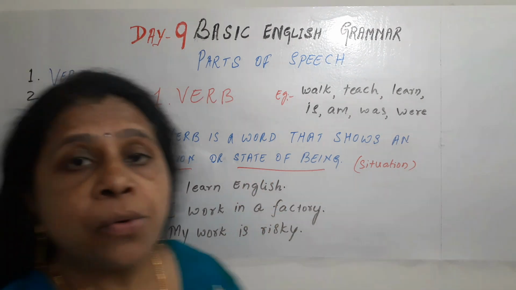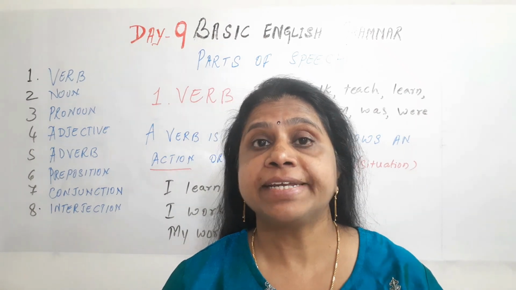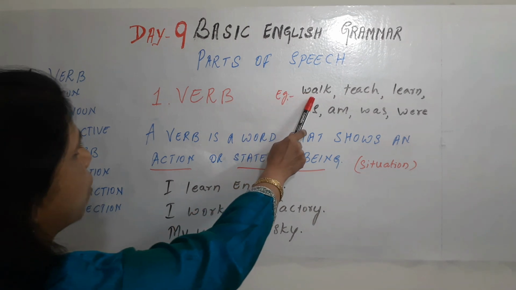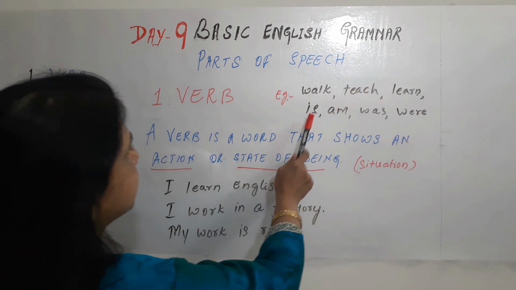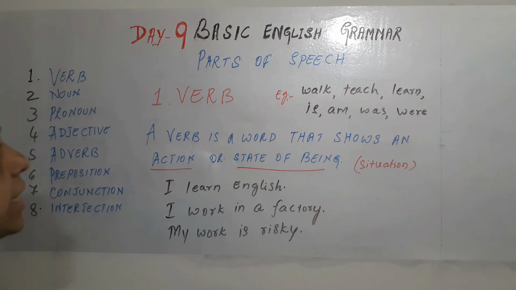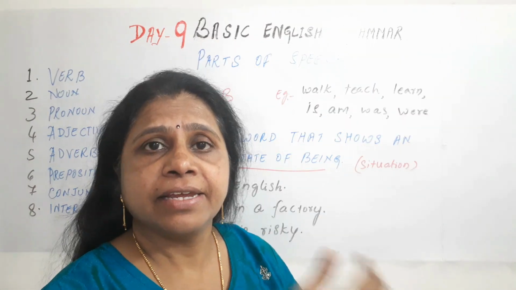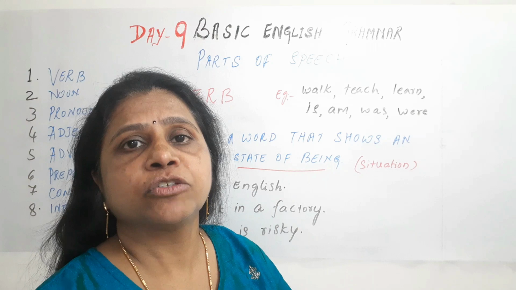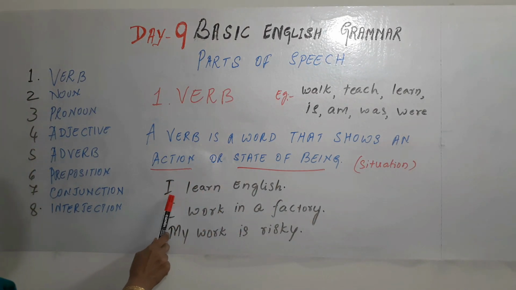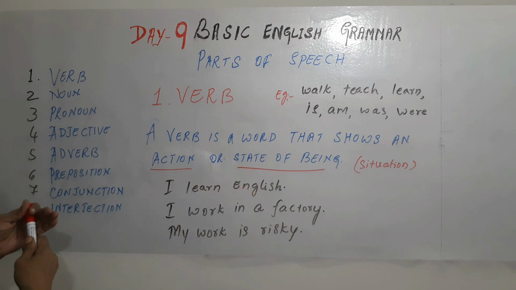So, verb means any work, or it can be a state of being. These are the examples: walk, teach, learn, is, am, was, were. These are the helping verbs. We'll see that in detail in the detailed class on verbs. Now we'll understand with examples. I learn English. Here you can see learn